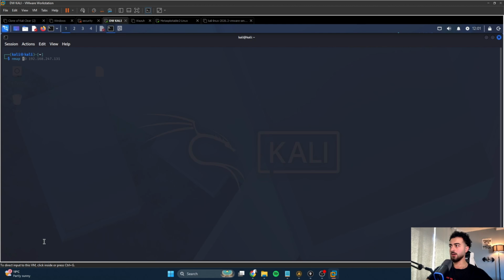Also, another important point is that you can use nmap against websites as well, either the domain name or their